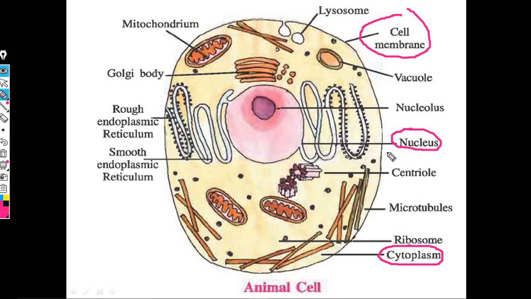Fine. So, starting with the cell membrane, it is also called the plasma membrane. This is an outermost covering that is present over the animal cell. It is present in all living cells, definitely in prokaryotes also, eukaryotes also. And in eukaryotes, we divide into two categories: animal cell and plant cell. It is present in both. But for the animal cell, it is the outermost covering. For the plant cell, you know that there is one more covering which is called the cell wall.